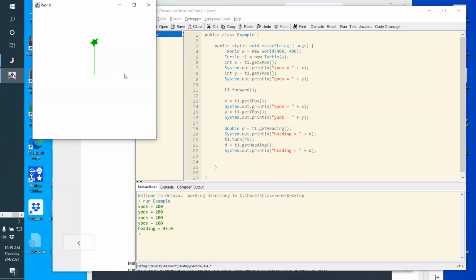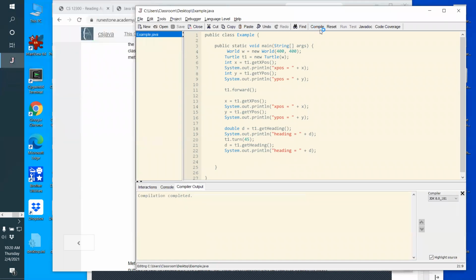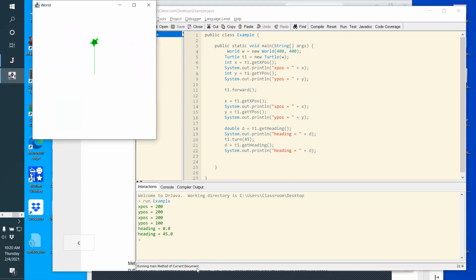In trigonometry, the x-axis is 0, and positive 45 degrees would be counterclockwise. Here, the 0 axis for angles is the y-axis, and 45 degrees is clockwise 45. Okay, so if I compile this and run it, I'll see that he started off at angle 0 and then changed to angle 45. Okay, and what's interesting is if I do this again,